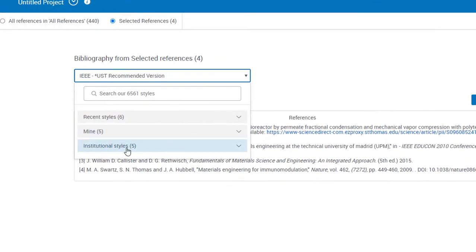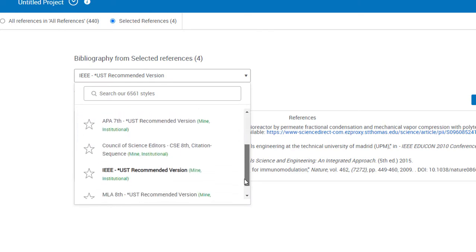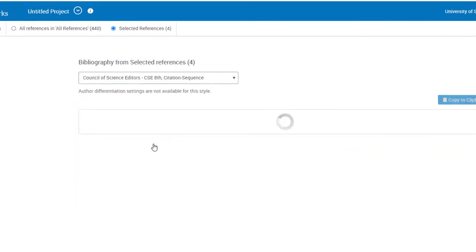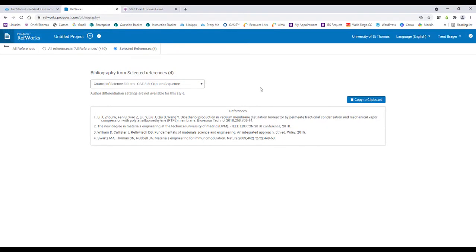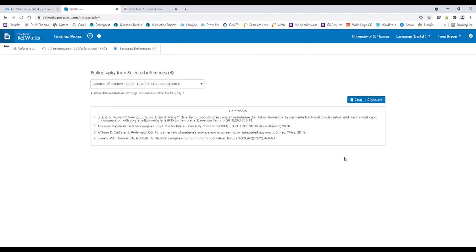We have a list of institutional styles you can select from, where you'll see IEEE and CSE. I'll use CSE for this video. The list can easily be copied and pasted. Please note that these citations aren't 100% accurate, and using RefWorks is no excuse to ignore learning the rules of a citation style. However, RefWorks gives you a good start.